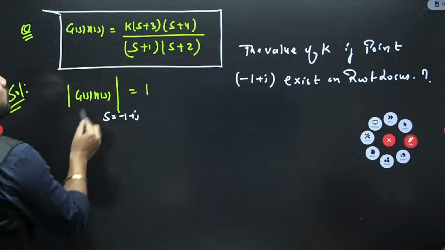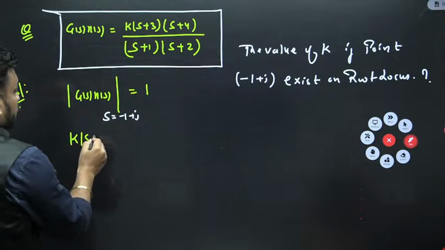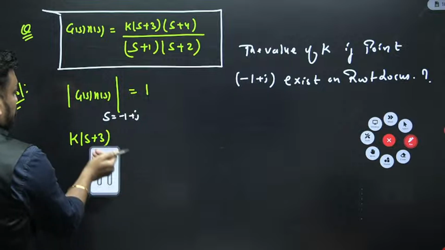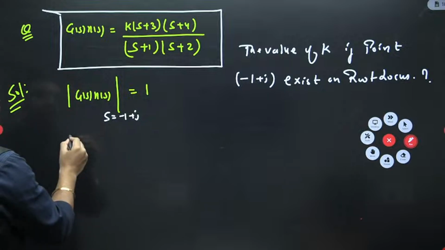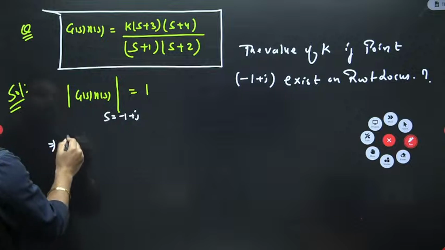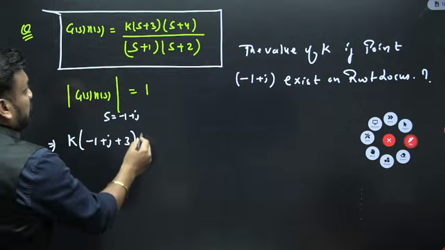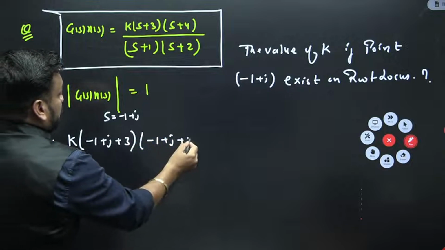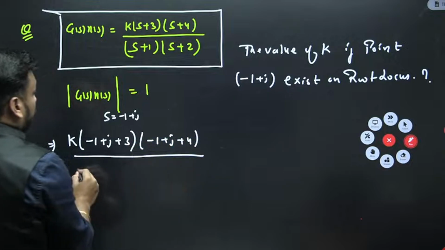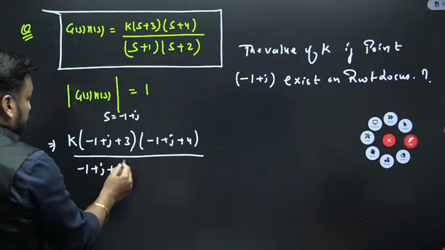So when you put the value here, the transfer function is K(s+3)(s+4)/((s+1)(s+2)). I am just substituting the value, guys. So you will get K into (-1+j+3)(-1+j+4) upon (-1+j+1)